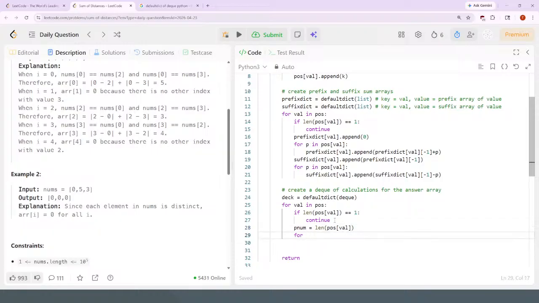And then for every index k in range pnum, let's say the actual position of this value is position of this value at k. And then, so k is like 0, I'm dealing with the first position. So I need to